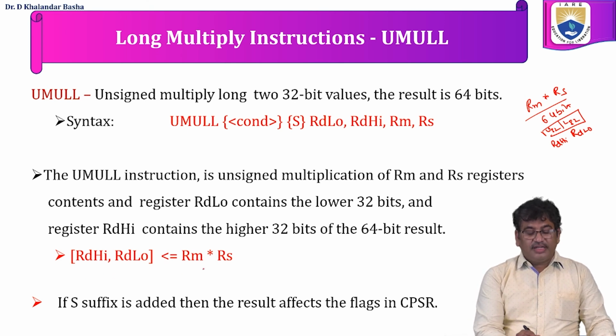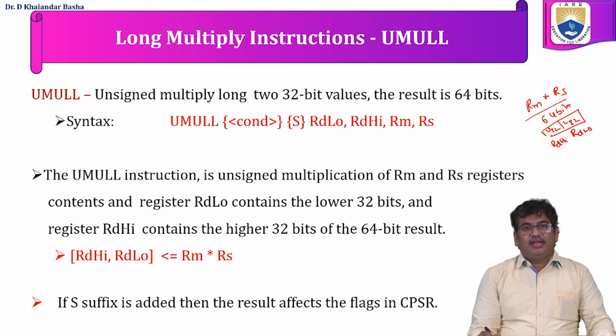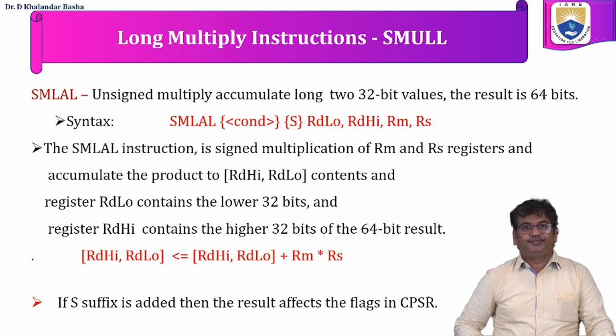The functionality we can describe as RM multiplied with RS, which is 32-bit by 32-bit multiplication. The result is 64-bit, out of which the lower 32 bits are placed in RDLO, the upper 32 bits are placed in RDHI. If S is added as suffix to this instruction, then it will update the flags in the CPSR register. The next instruction is